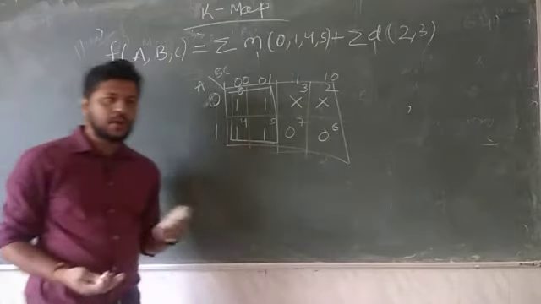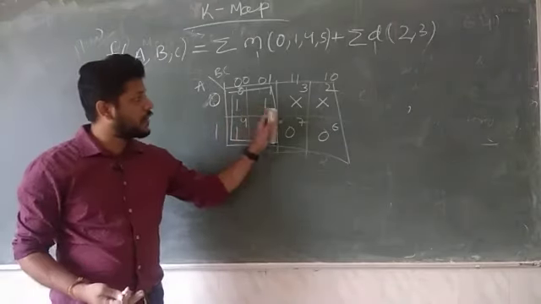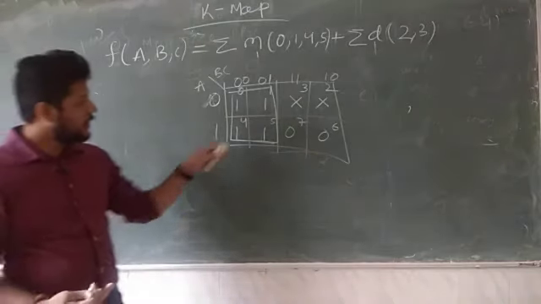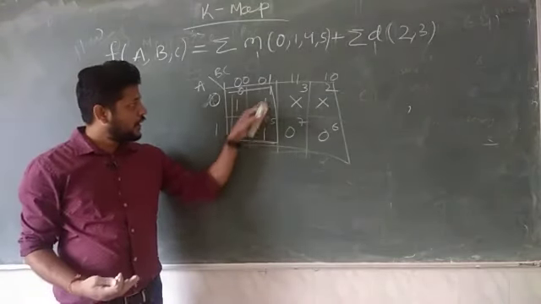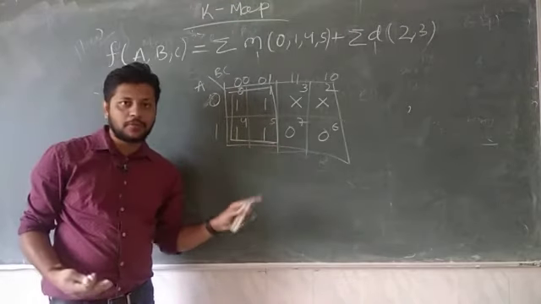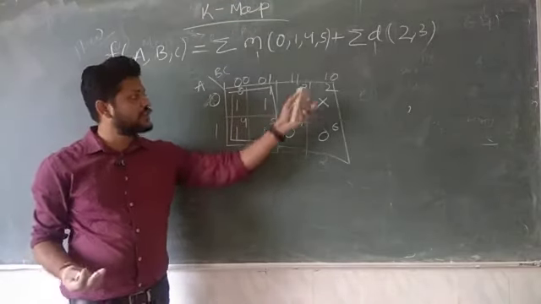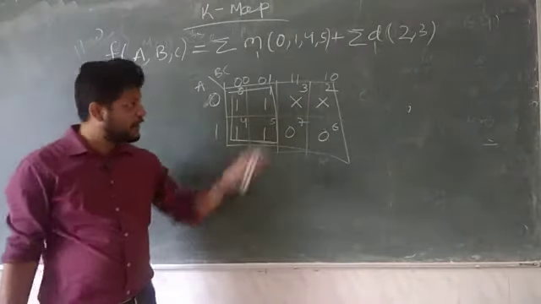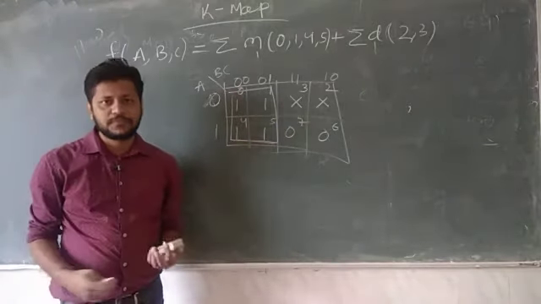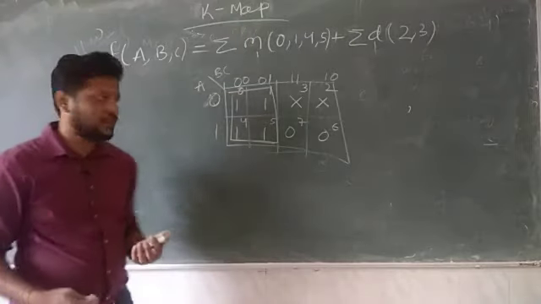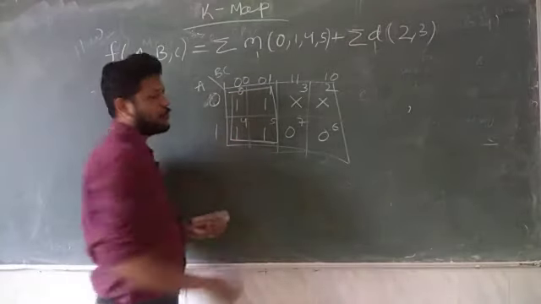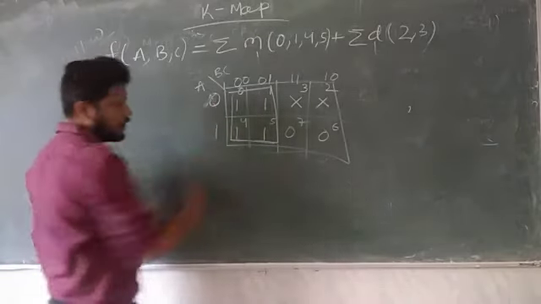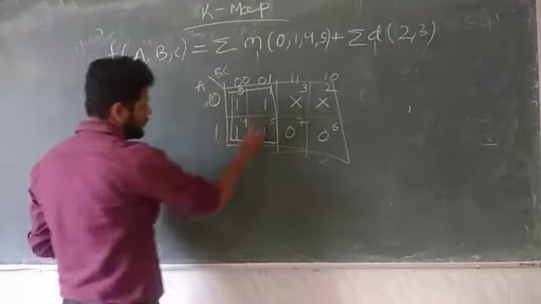Students generally make a mistake here. They take 1 1 and this don't care, and they say that this can be either 0 or 1. If 1 is present here and you can see a big group can be formed by using all the ones, there is no need to take this don't care. So here there is no significance of don't care. That means this don't care is treated as 0, so no need to touch 0. We can form a big group by using only the combination of 1s.